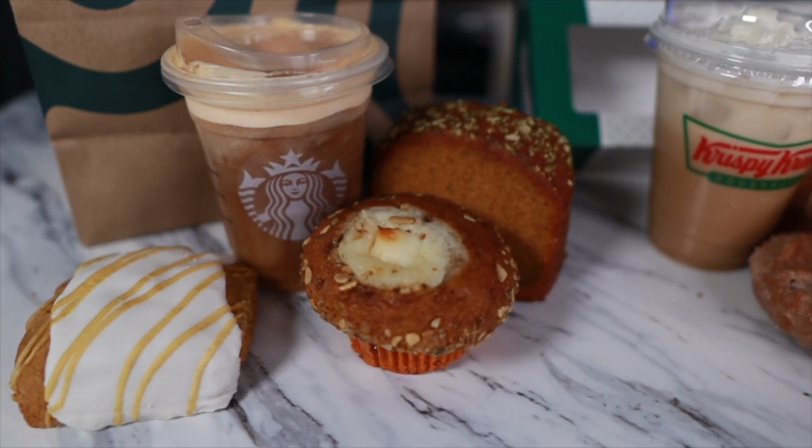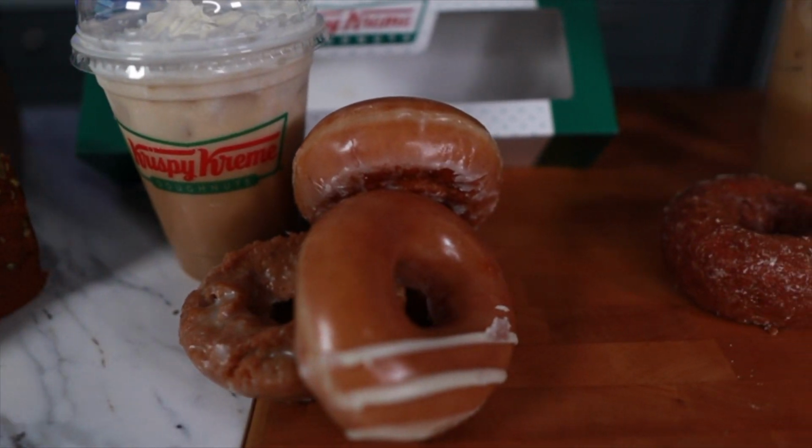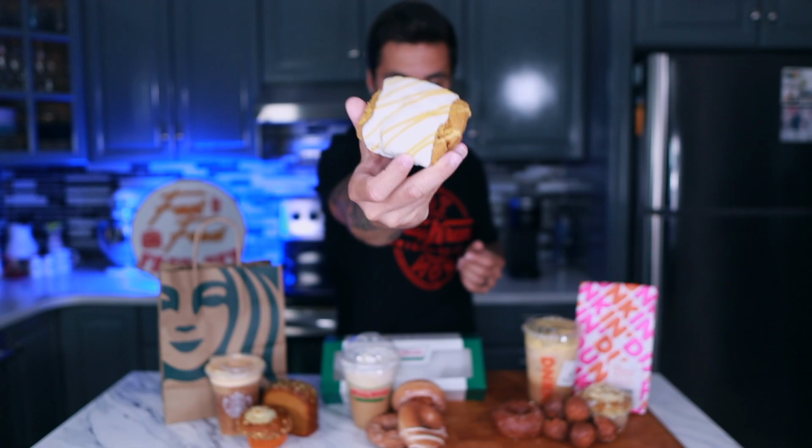Both of these are the Pumpkin Cold Brew Cream from Dunkin' Donuts and Starbucks, and then Krispy Kreme has a pumpkin spice ice cap latte. I'm gonna start off with the scone, and then I'll probably work up to the coffee. Let's see how it tastes. Get your flannel and your Ugg boots ready to see whether or not a little bit of pumpkin spice makes